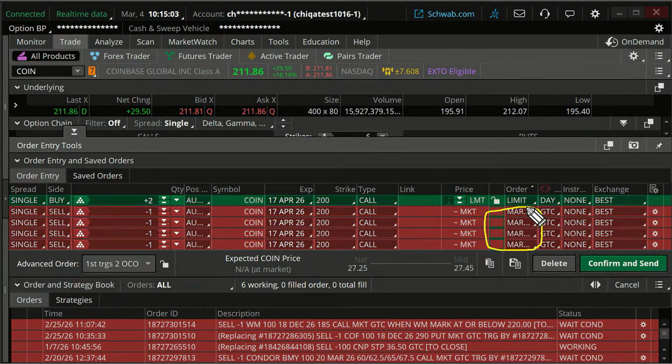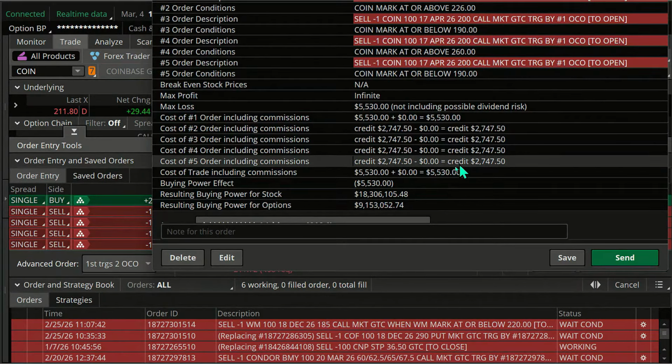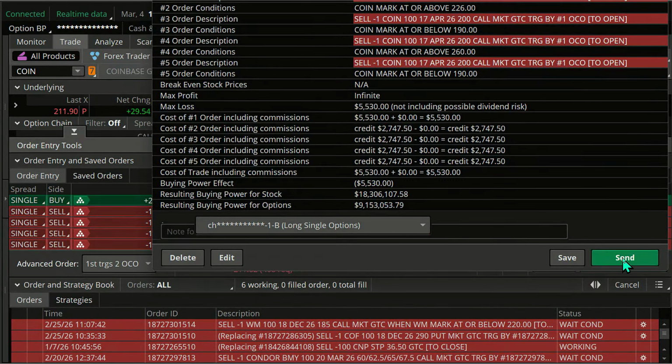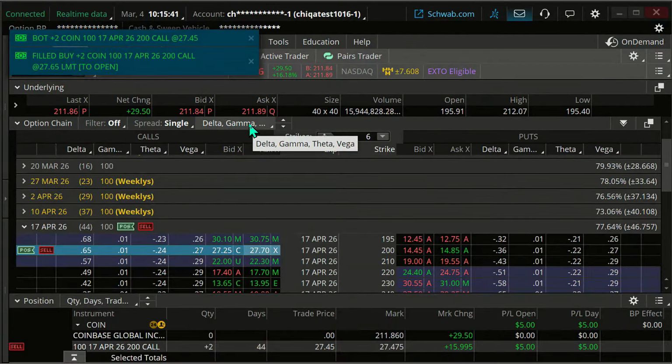We can also do this, and I'll show you an example here of doing one based on the option price too. So we're going to do that here. Let me just go back up here and look to buy this, confirm and send, and just make sure you read through this. You can read your order conditions. This is off the top of the page, but make sure you read through each of these, and then you can put this in. This is just going to be a single option, and we're going to send that. And it just filled.